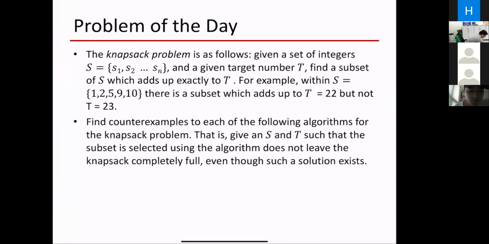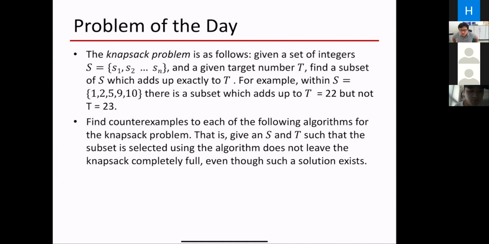Okay. Maybe this is my knapsack, and I'm a thief. I can carry up to 22, but I cannot carry 23. So what's the best way to carry this in the view of algorithm? All right, so assume you are the thief, but you are the smart thief because you're thinking about the software